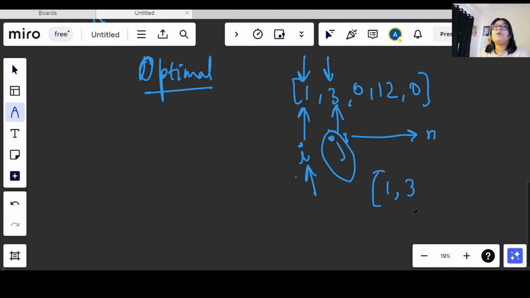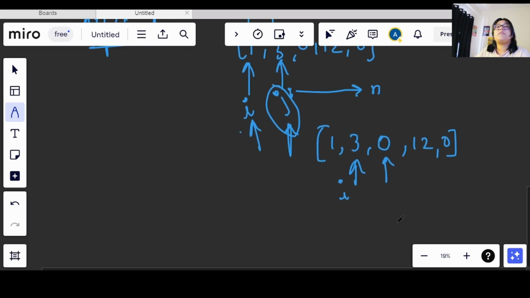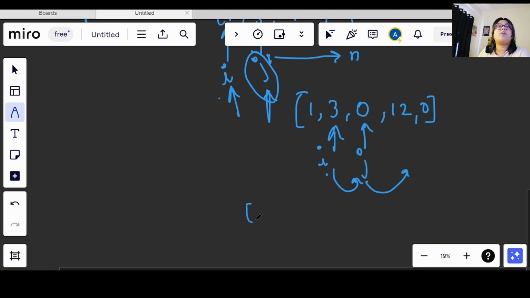What will happen, it will move here, and j is iterating every time, so j will come here, right? Now again I will see that it is a non-zero value, right? So again it will move forward, and this j will also move forward, right? So what will happen now, my I is on 0 and j is on 12.